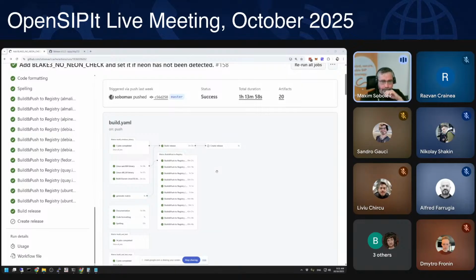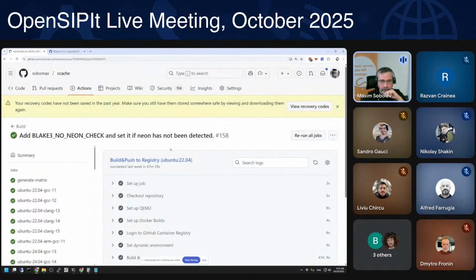But sometimes some distros get behind, so you don't get the latest version, and sometimes it's not consistent. So I built a little pipeline for them, which basically builds it on about 10 different distros. So there are the usual ones like Ubuntu, but also